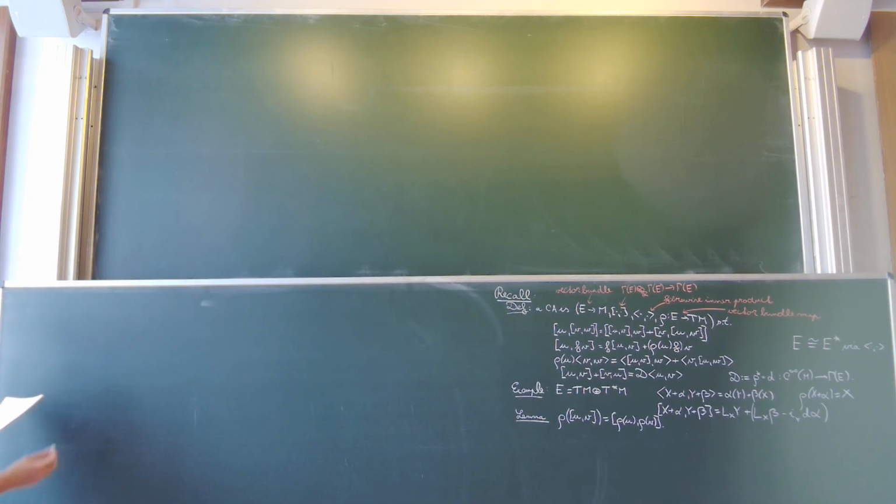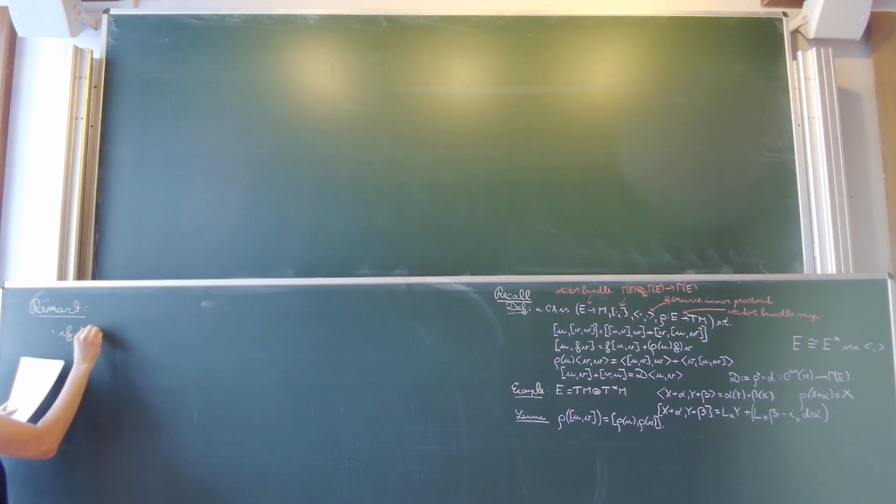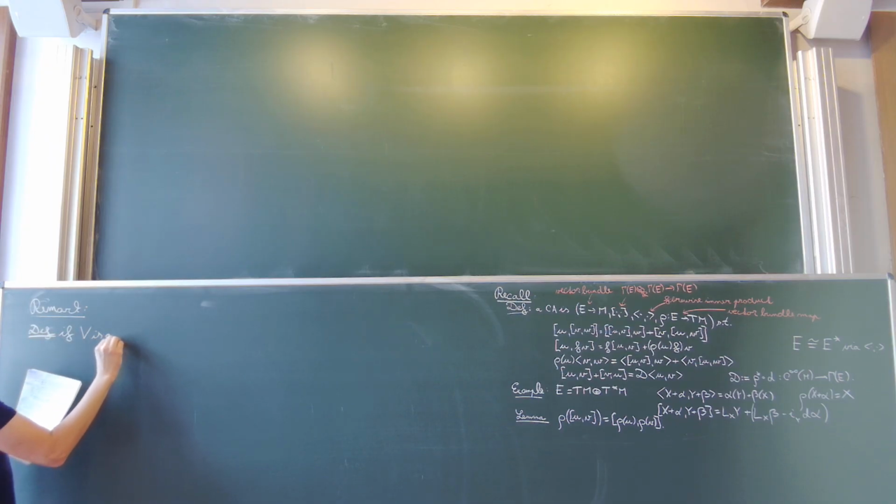Okay, so let's start with something that's rather basic, but I find it fun and useful to know in general. There is a notion of an annihilator of a vector subspace, which you probably know, but let's define it. If V is a vector space